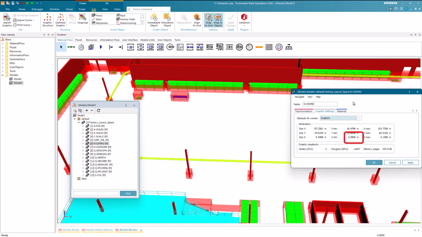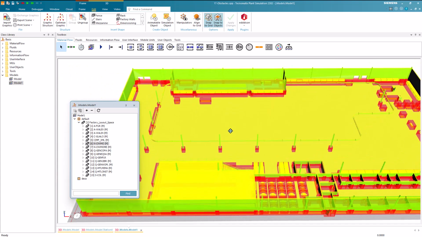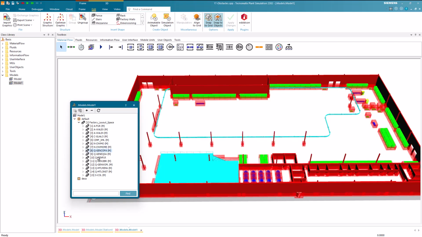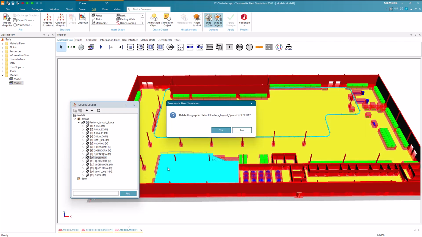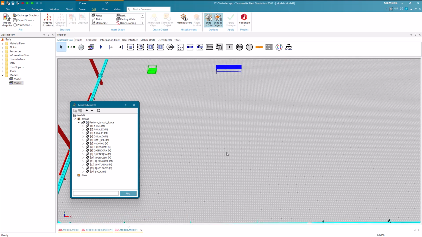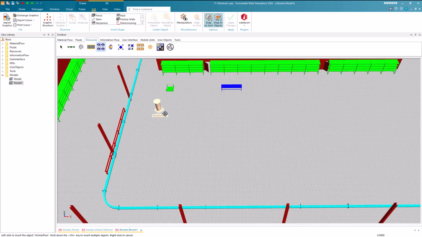So if you import a graphic and the workers aren't able to walk under the objects, you should always consider looking into the height of the objects. Depending on your needs, it might be annoying that the whole graphic is selected when we click on the floor. Therefore, we can simply delete it. To do so, we select it in the graphic structure and delete it. In this way, we will also see our grid instead of the floor of the graphic, which might be more helpful when inserting objects. Now we want to insert a worker pool, a broker, a station with a workplace on the ground, and one station with a workplace on another level.